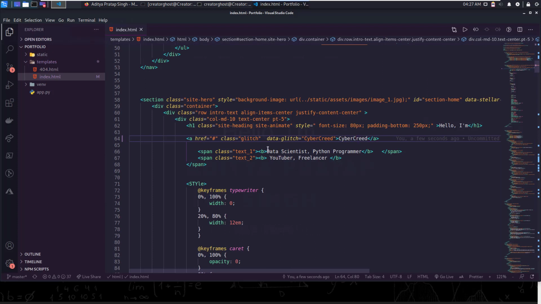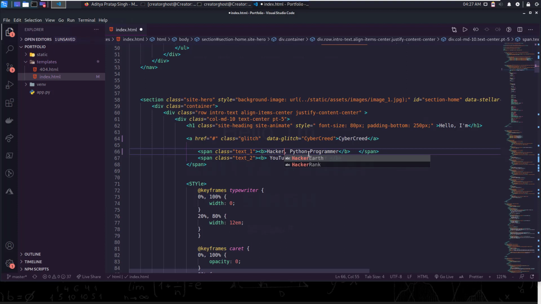And here you can change from data scientist to Python programmer or anything. You can make the basic changes here, like if you are some sort of hacker, then you can put hacker here.